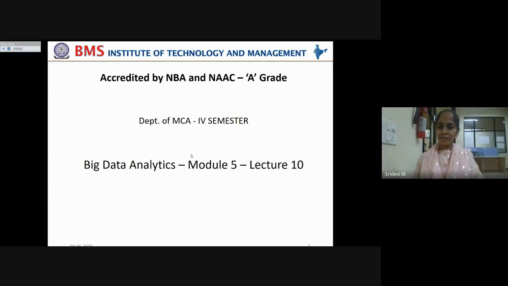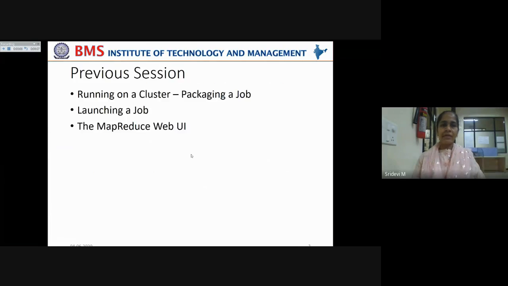Okay, let's start this 10th lecture under module 5. In the previous session, we have seen how to run on a cluster, packaging the job and running it on a cluster. For that, we have written a map reduce program for an NCDC dataset where we have written the map function and the reduce function separately.